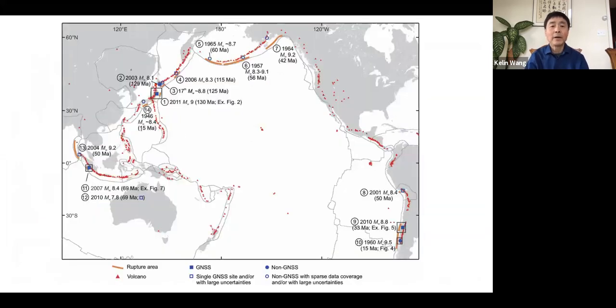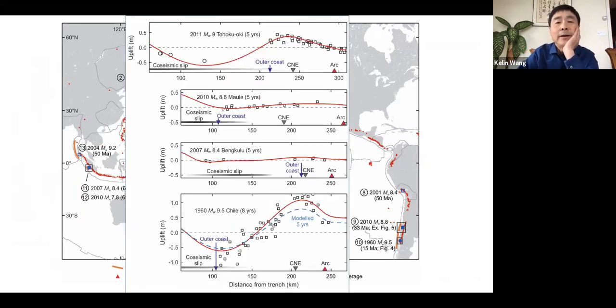And we have looked around the world to see if there's evidence for this. We actually have not seen any places that do not have this behavior. The problem is most places do not have enough data. They certainly have data consistent with this uplift, but it's not enough to constrain a model. But in a few places, we do have enough data to allow the development of a postseismic deformation model, including Tohoku. Depending on the site of the earthquakes, in some places the uplift is larger, some is smaller, but they have a consistent pattern.